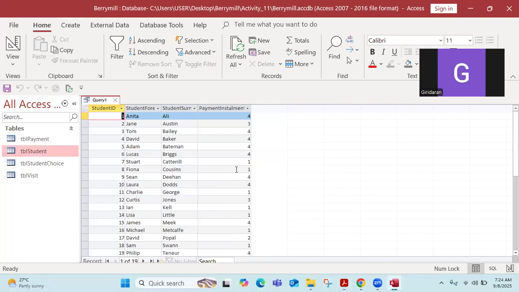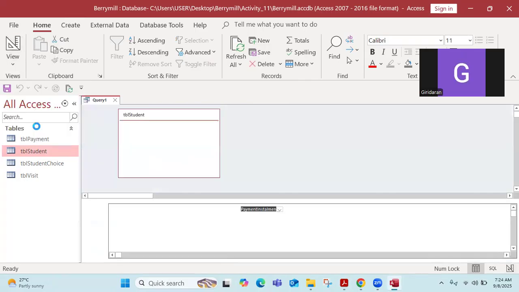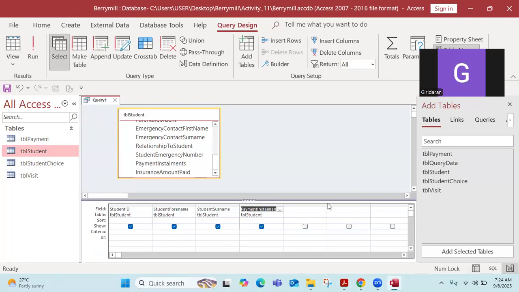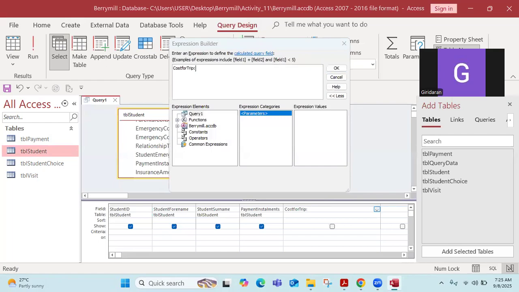Now, when the student's payment installment is 1, then they will get a 10% discount. So now we are going to do a calculation here. We say cost for trip, then we will come to build here. Cost for trip. Then we'll say if,